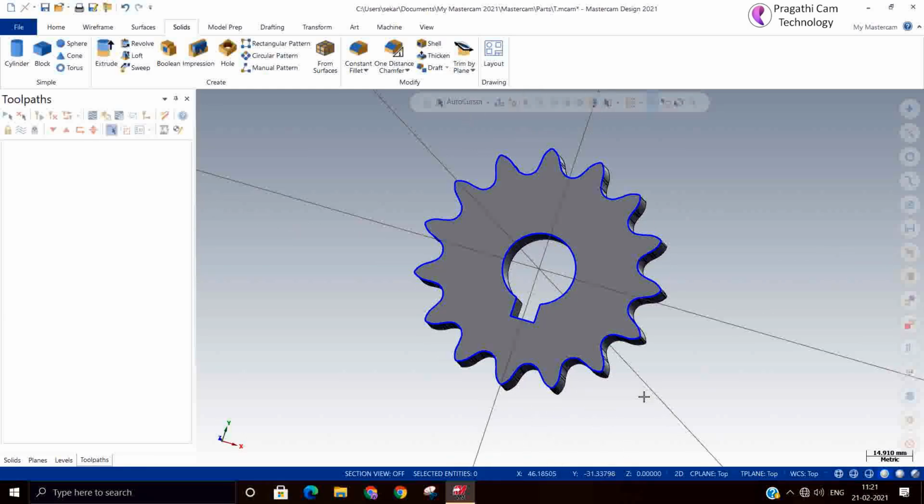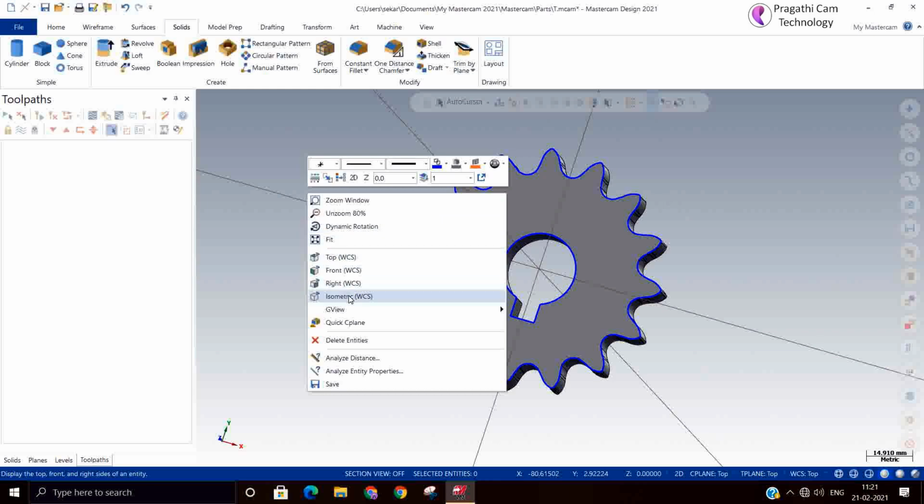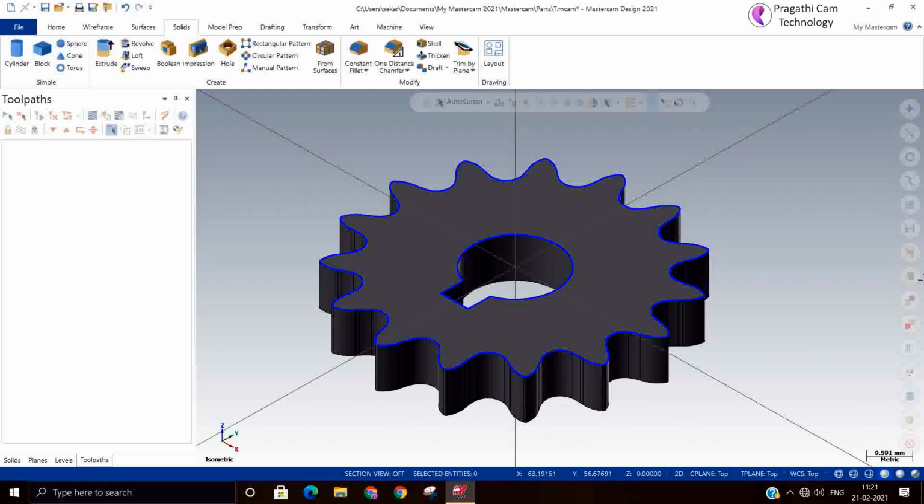So you are receiving this as a casting, so the material left here is very less. In that situation, how are you going to machine it? The good toolpath is this.